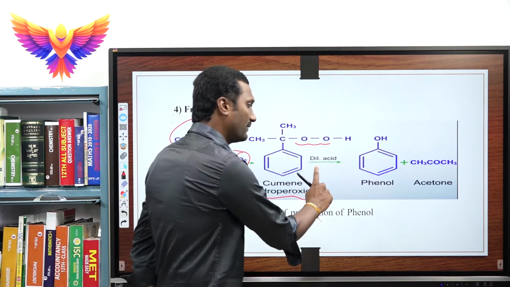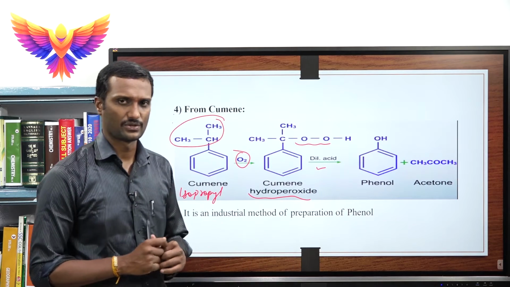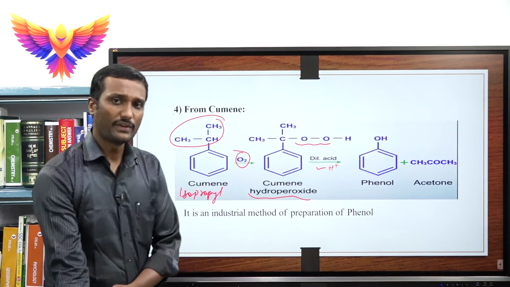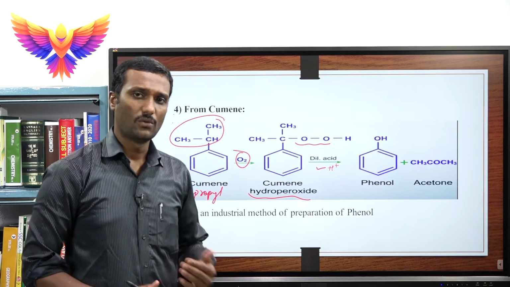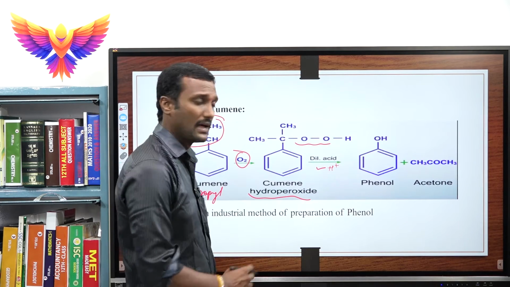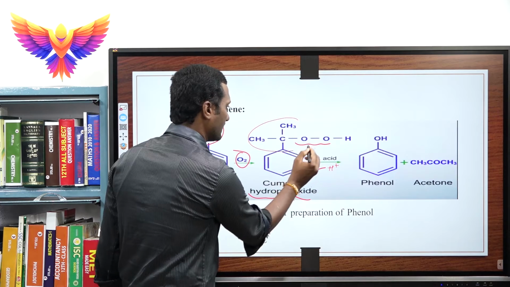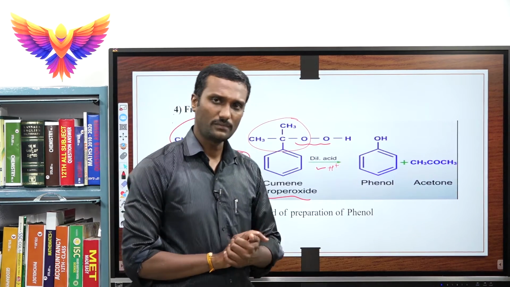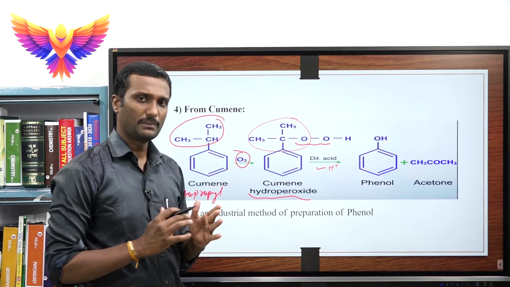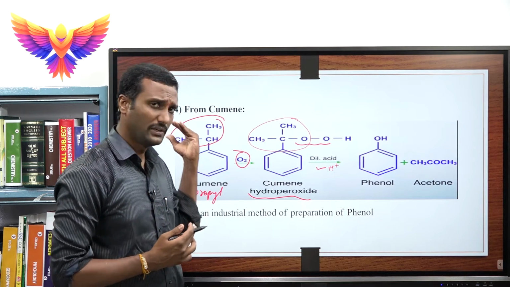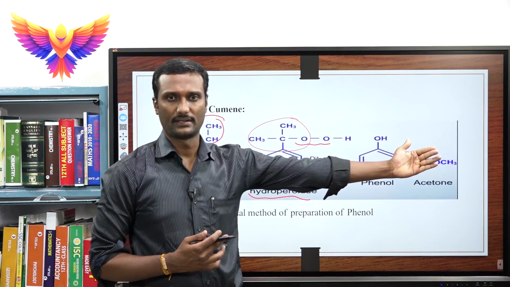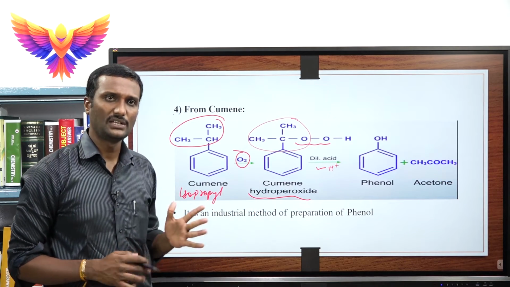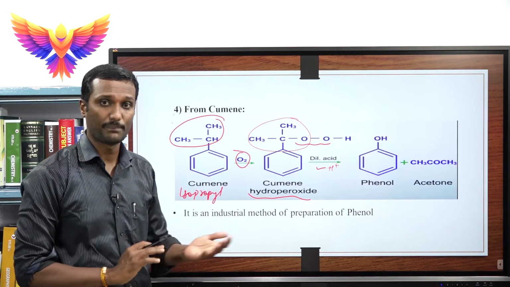Further diluted with acid, a few drops of acid, students, or else you can write it as H plus. So when you add a few drops of an acid, what happens? We will get phenol and another byproduct, which is called a ketone. Ketone is also called acetone. So the question is, how will they ask during the Cumene process, what is the byproduct? It is acetone, and this method we usually use in industry for the preparation of phenol